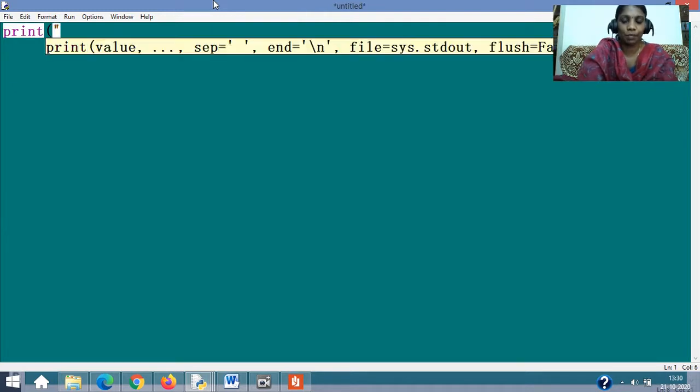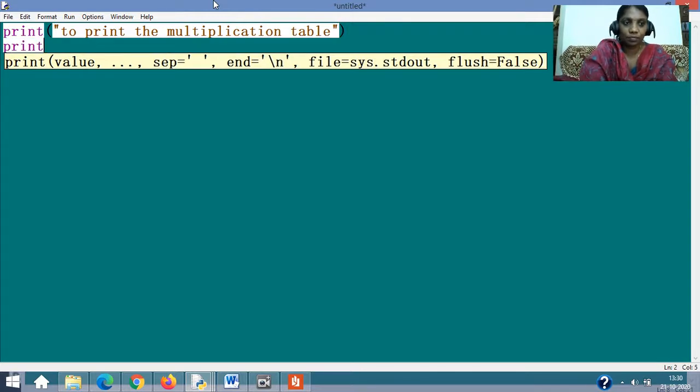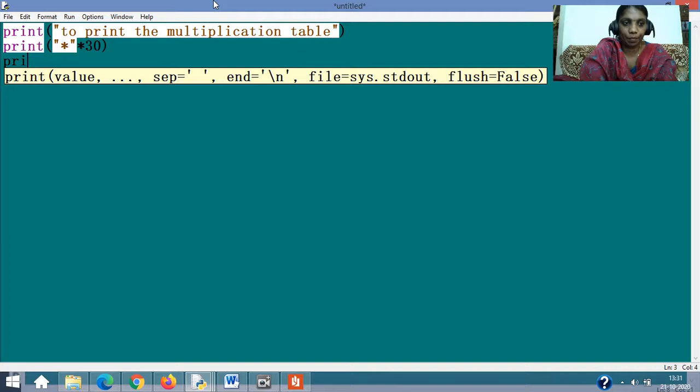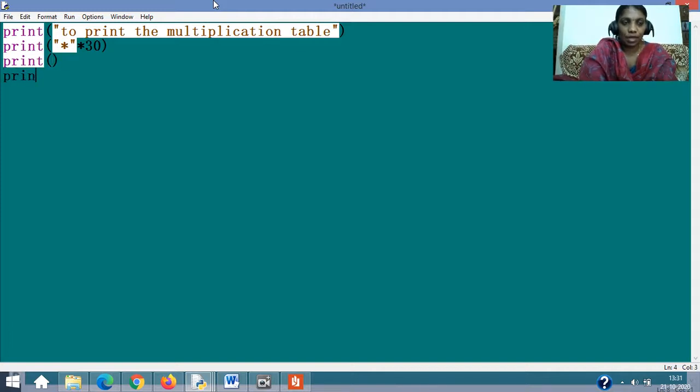So as usual, the first will be the heading: multiplication table. Easy one. These things which I am typing over here, as I was mentioning earlier also, are not actually mandatory. But if you want, you can always give it. Okay, print. If you want, you can give 2. And now we'll start off.